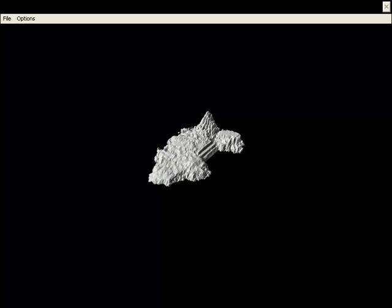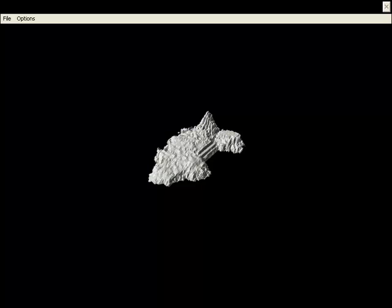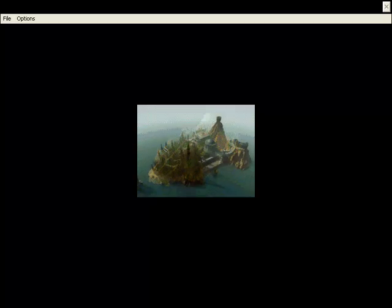We needed to put some sort of texture on those to really bring them to life. All we had to do was just look at our terrain, decide which areas would have grass, which areas would be covered with rock, and paint that. We'd end up with a nice little color map that we could then wrap to our terrain. Once we had our terrains done, we could then do things like add trees, add hundreds of trees to a terrain, basically build a forest. We knew at that point, yeah, we can do this. We can do the whole thing as a 3D